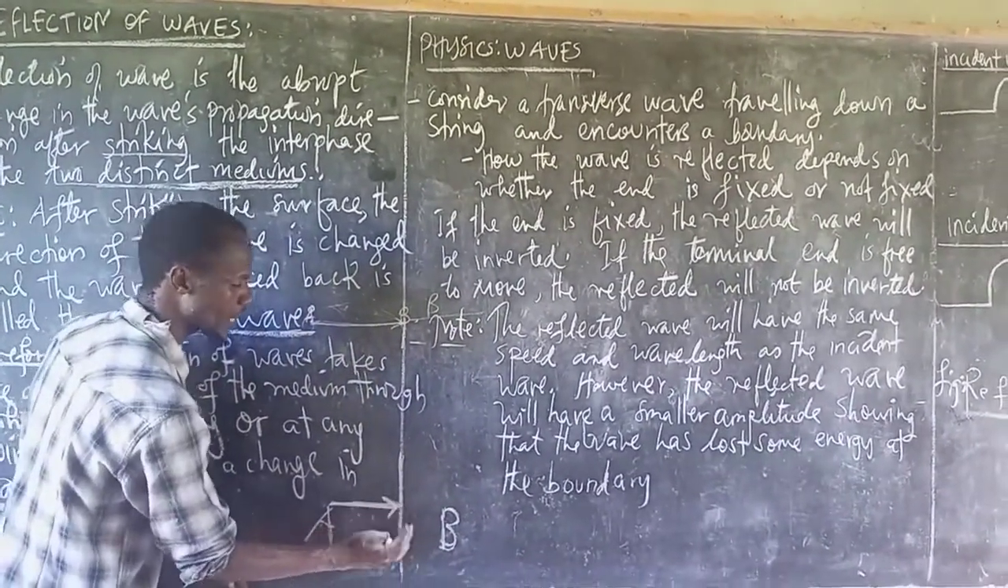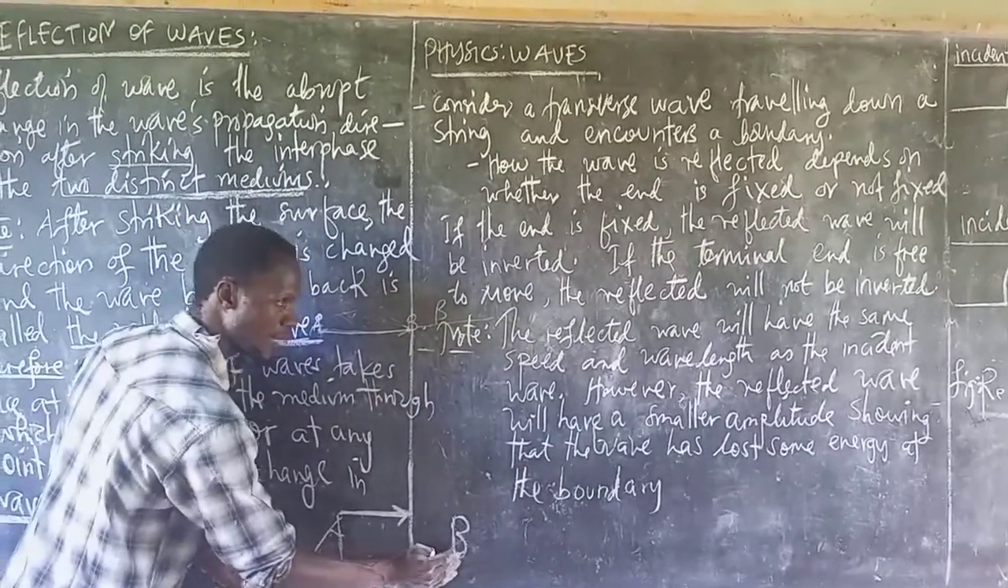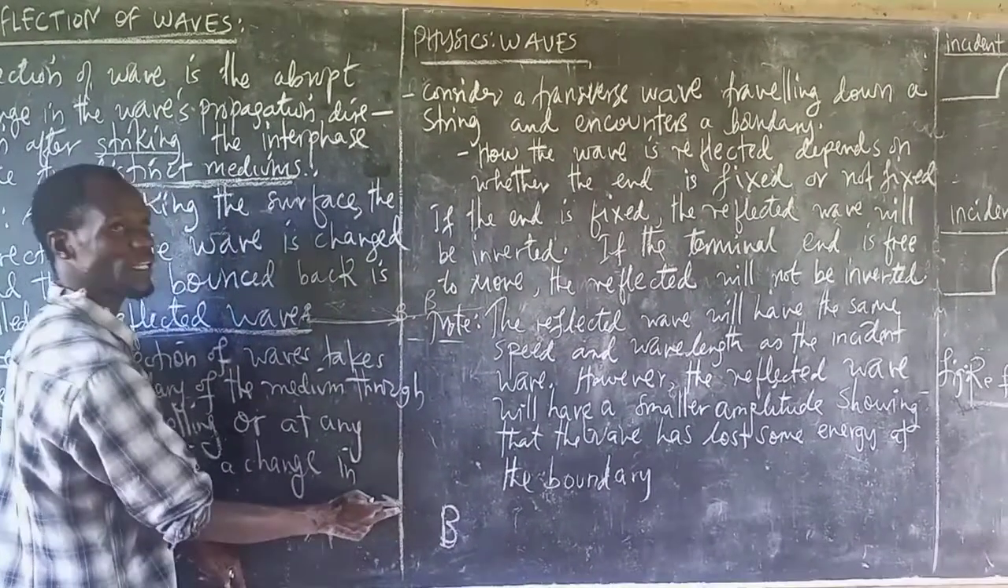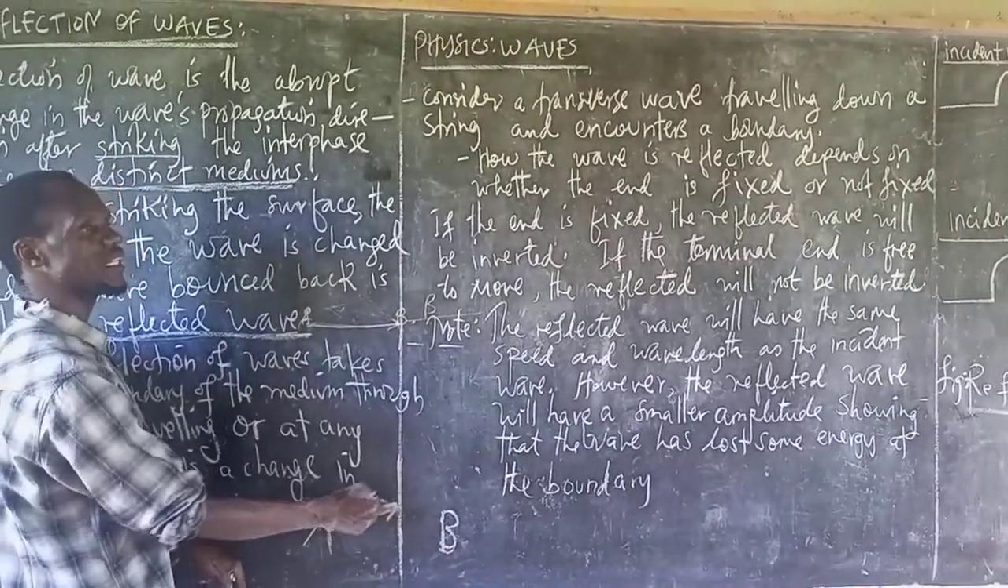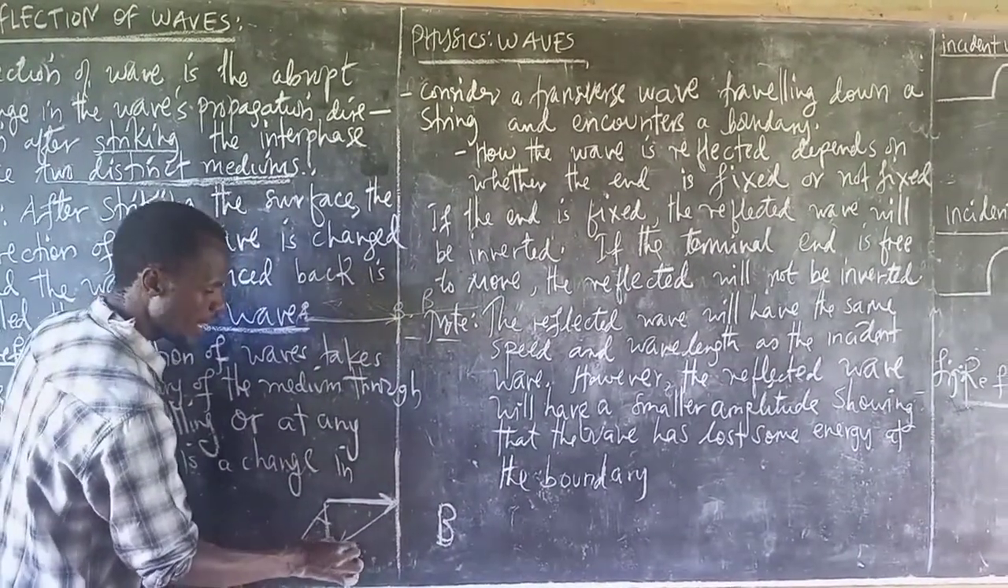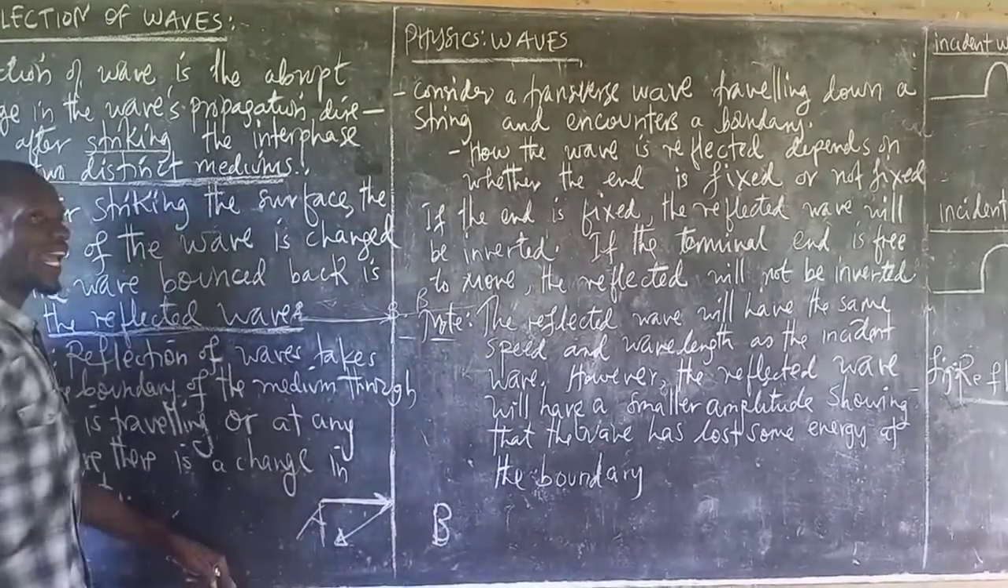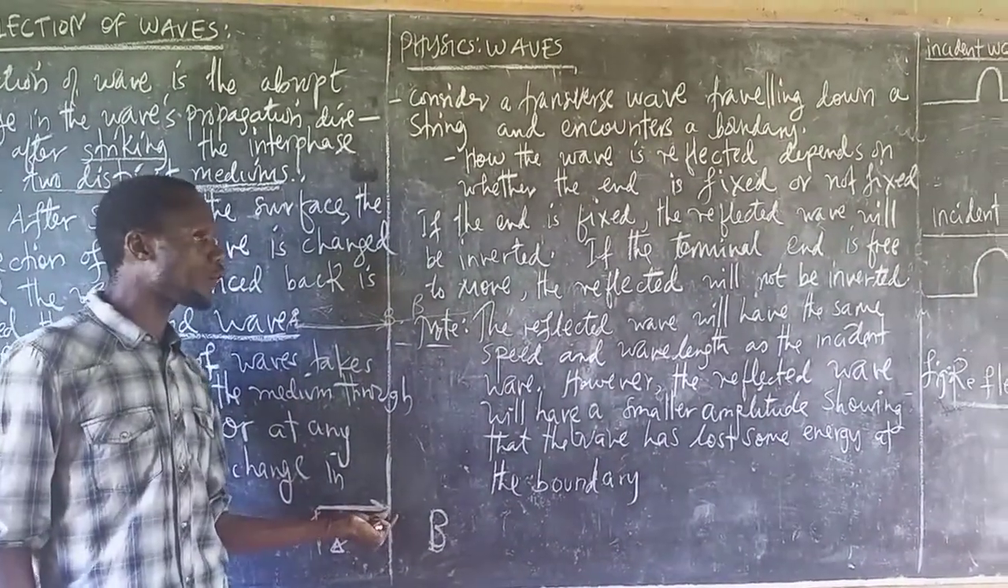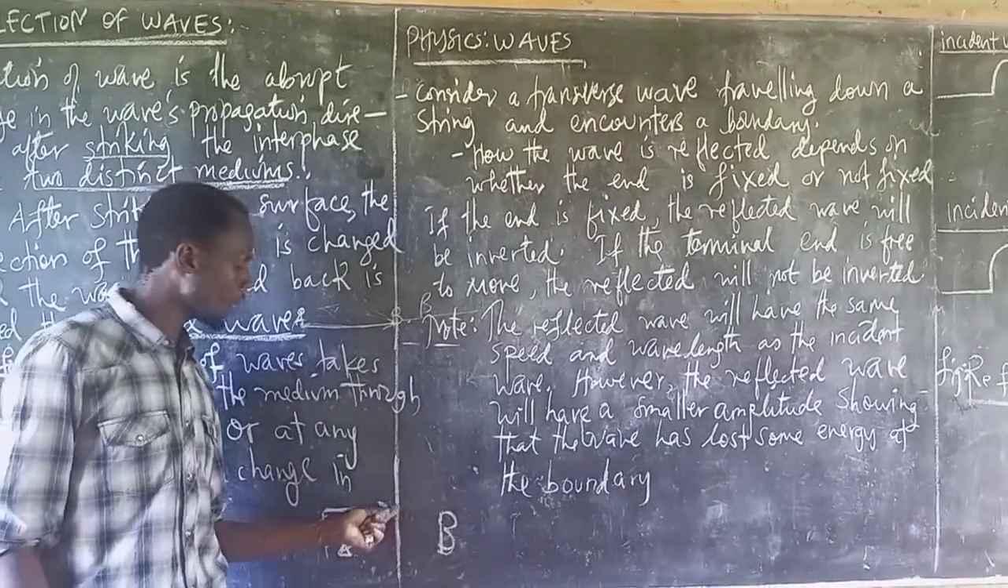Mpaka huu unatofautisha hii hapa medium A na medium B. Kwa ikifika hapa kutakuwepo na mabadiliko ya speed. Mabadiliko ya speed yatasababisha sasa mawimbi haya yawe reflected. Yakishakuwa reflected, maana yake ni kwamba sababu ya msingi ya kuwa reflected ni kwa sababu kuna mabadiliko ya medium